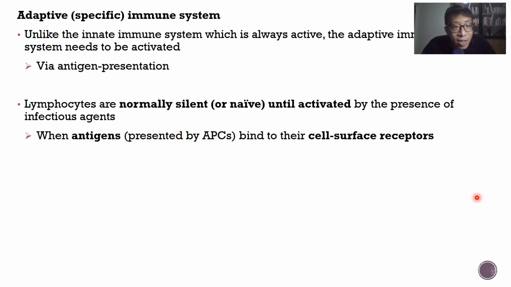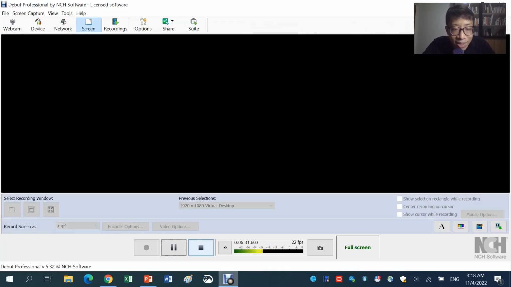Okay, so when the receptors of the cells bind to these antigens, the cells become activated to carry out their individual functions. The activation requires the binding of antigens to receptors, which brings about a whole set of cell signaling cascade, which results in the activation of the cells. You have done all this before in terms of cell signaling. Okay, so that would be a quick overview. Next, we'll be looking at the cells of the